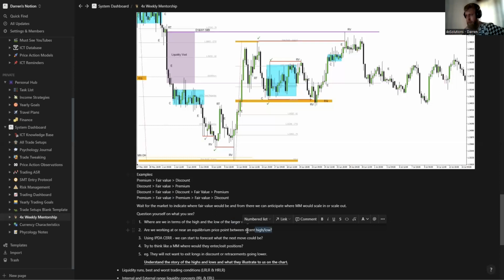And the reason for that is because a lot of consolidations occur at some kind of equilibrium point. Okay, so that's basically where we need to be thinking: where are we in terms of the equilibrium price point? Understanding what we learned about the consolidation, expansion, retracement, reversal, we can start to forecast what the next move will